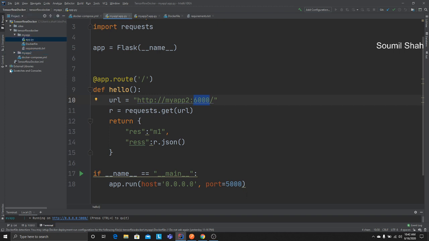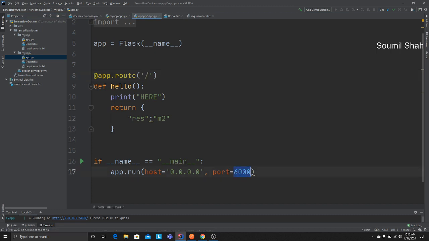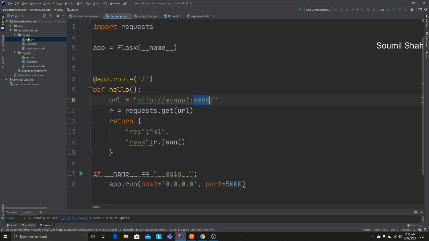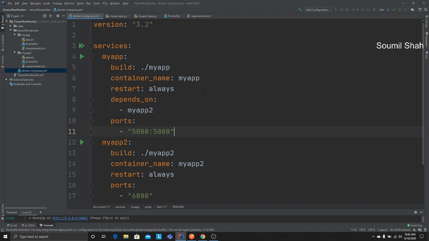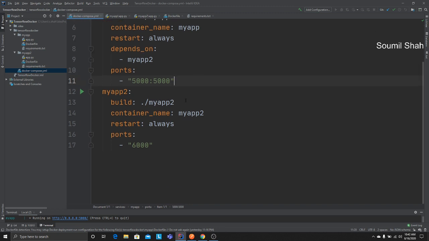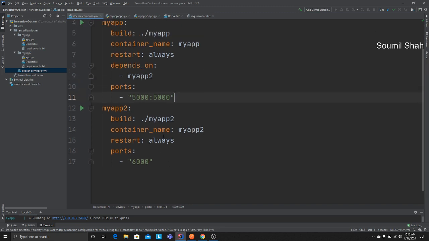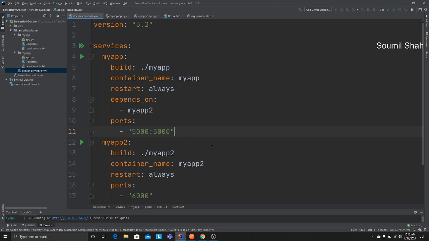So if you see here, if I actually go to my app 2, it's running on port 6000 here. So again, on my app 1, it's going to call these, it's going to return the JSON, and of course you can add business logic and then return that business logic there. Let's look at the compose file a bit. Of course, this is very bare minimum stuff. I'm going to do volume mounts, environment variables and all of that separately, with best practices. But this is a very simple start.